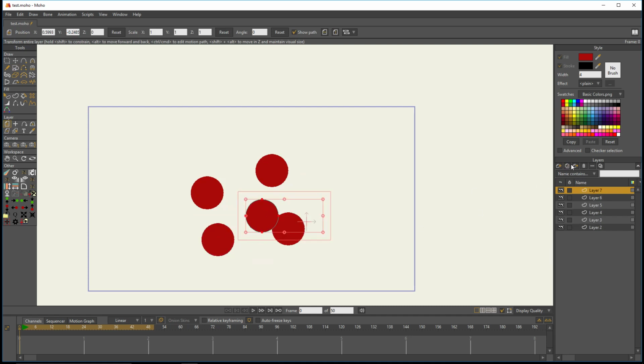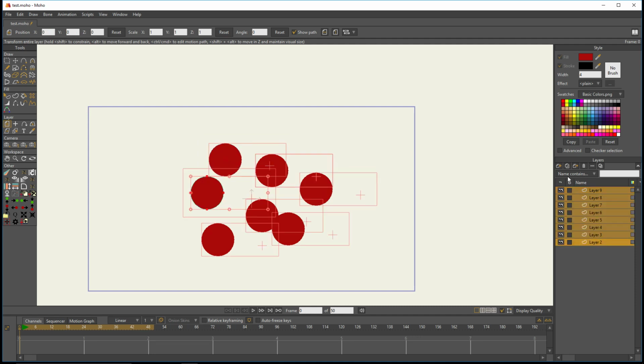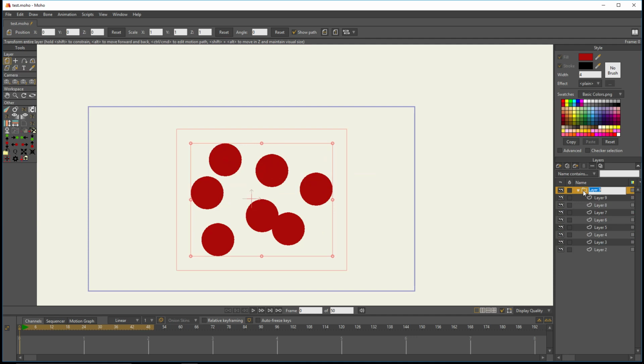And it's going to be things like mouth shapes or eyes or all kinds of things that you may have. You may have a lot of layers, and those layers exist within a switch layer. So if I make this into a switch,